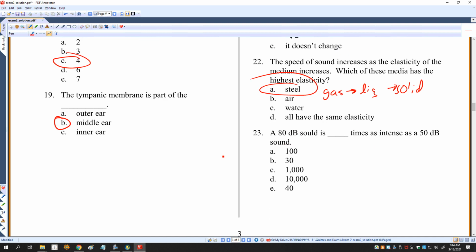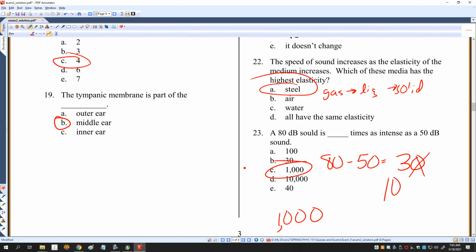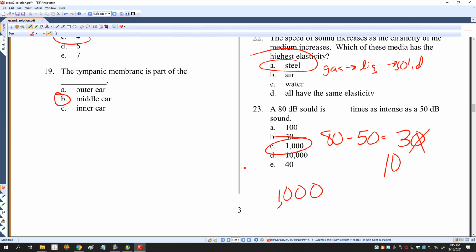80 decibels should be how many times as intense? All right, so remember to do this. I do 80 minus 50. That's equal to 30. And I get rid of the 0, and I take 10 to the third. 10 to the third is 1,000. So an increase in 30 decibels means an increase in intensity by a factor of 1,000. Remember, the ear is sensitive to a wide range, 10 to the 12th magnitudes of sound intensities. So we use a logarithmic scale called the sound intensity level in order to